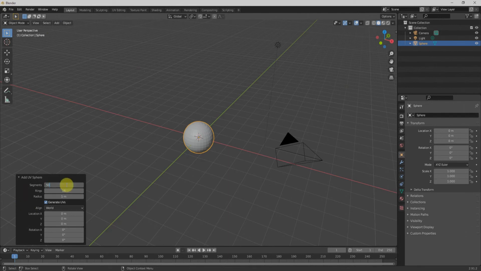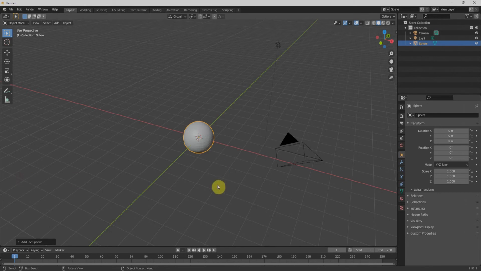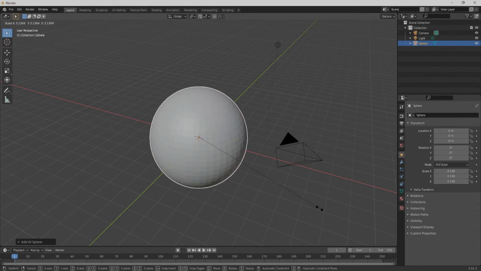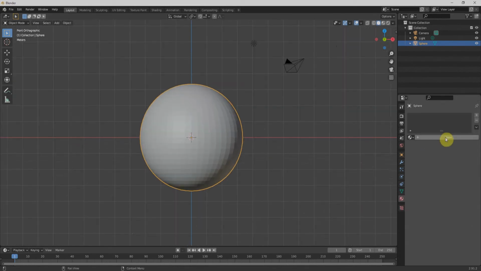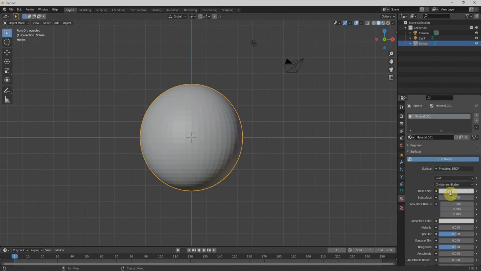I'll go for 50 segments and 30 rings. Let's scale it up a little bit with the S key. Now we have this sphere. We'll go to the material properties and add a material, and I'll give it a yellowish color, and we'll go to the material preview mode.